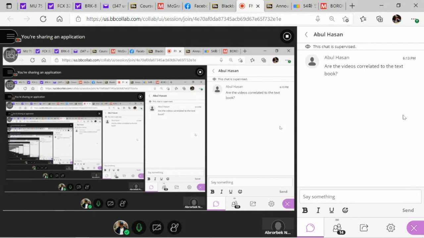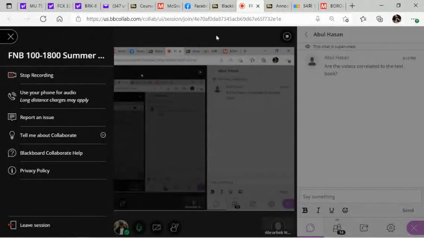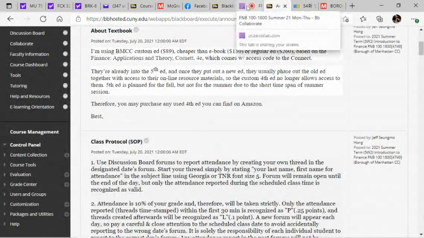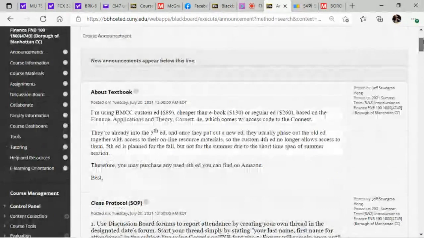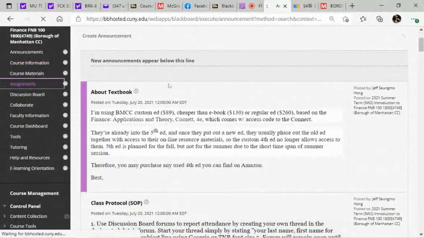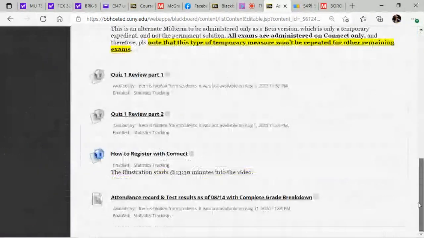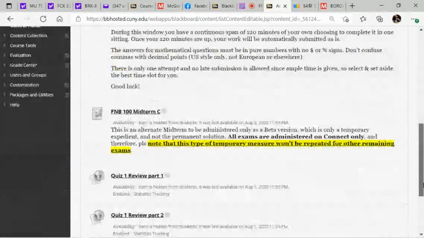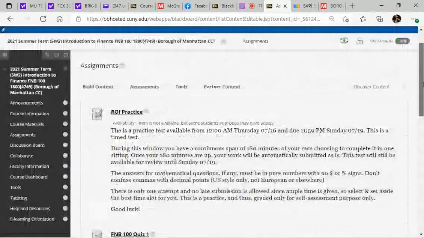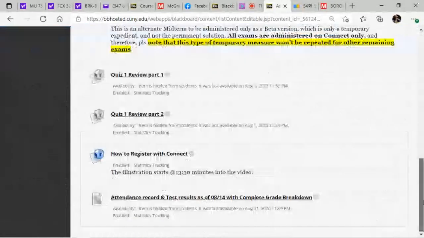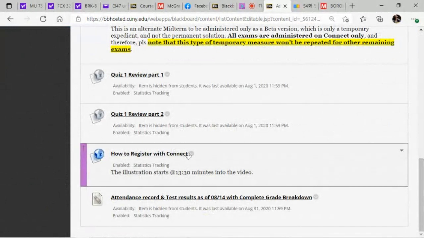You can do it from course materials. Where can we find the quizzes? No, not yet. It's not posted yet. It's going to be posted when it's time. See, the assignments are all there. You just cannot see them. It's all gray. That means it's not visible to you, but it's visible to me, and when it is time, I'm going to post it.